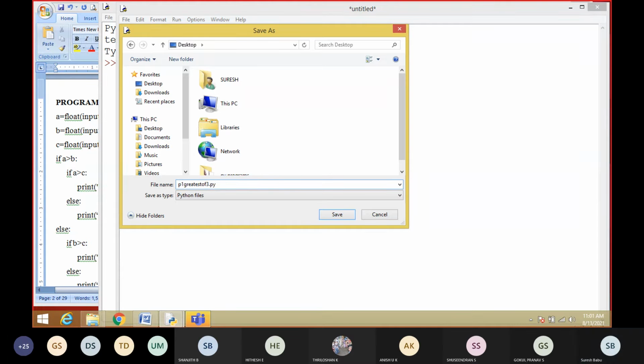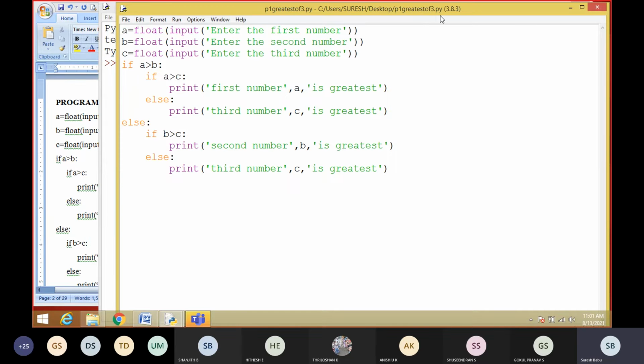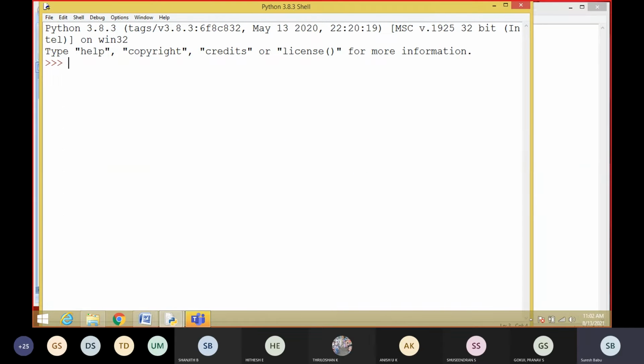This is our program name. So I'm saving. You can see at the top window the name P1 greatest of 3.py. Py means Python extension. Now I'm going to execute this file.